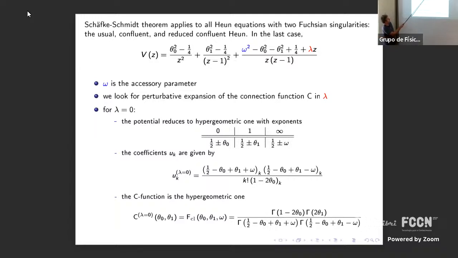So basically you take a potential. This is not exactly Heun. This is the so-called reduced confluent Heun equation, where you have two Fuchsian singularities and one irregular singularity of Poincaré rank 1/2. So this is like halfway between the Heun and Mathieu, exactly halfway. If you forget about this term, this becomes just the hypergeometric equation, right? And now, what you do is that,